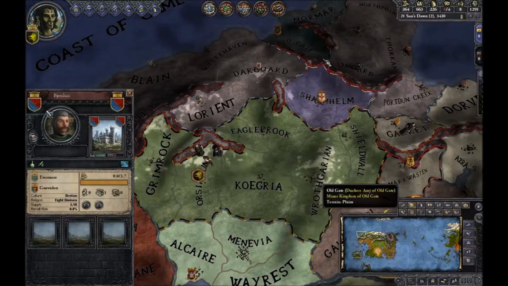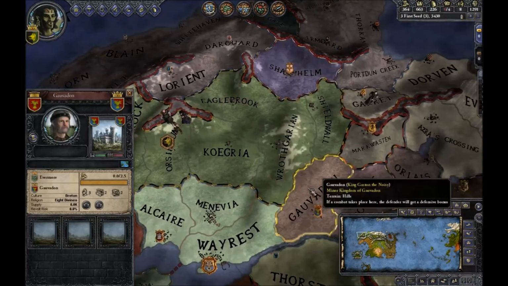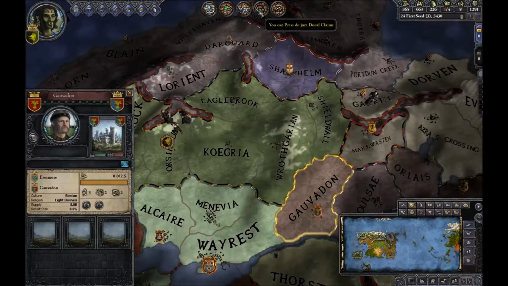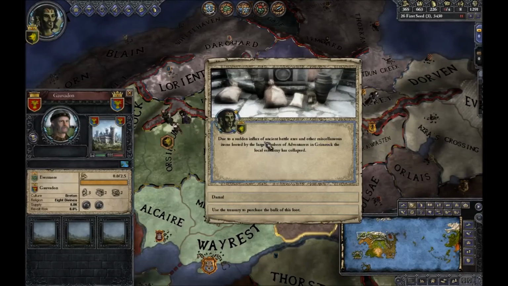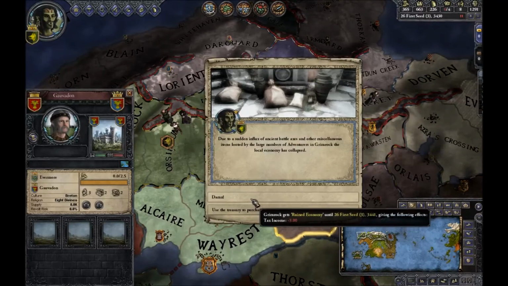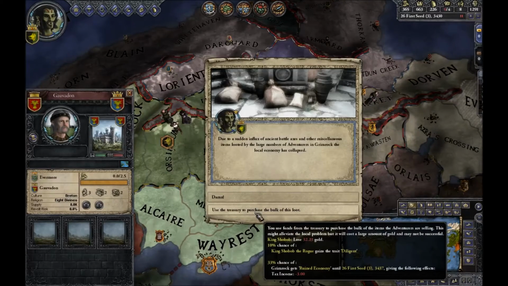We really need to find a war here, and quickly, because I am hemorrhaging prestige, as I have been the last couple episodes. Due to a sudden influx of ancient battle axes and other miscellaneous items looted by the large number of adventurers in Grimrock, the local economy has collapsed. Oh, great. Diligent. So we actually could get a decent trait out of this. Now the question is, will that...